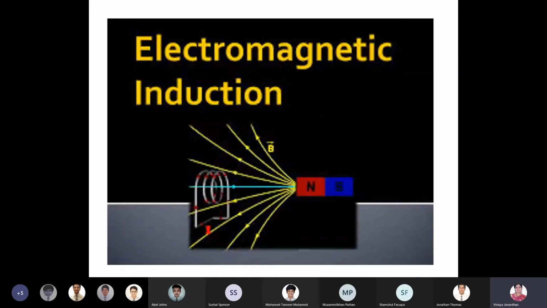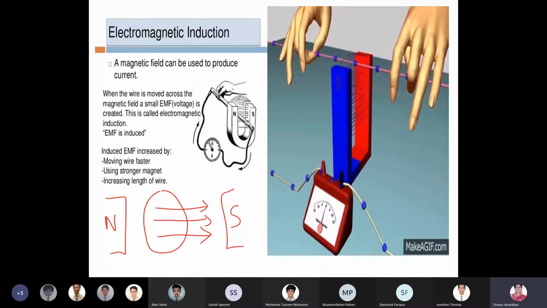In grade 10, you have learned about electromagnetic induction. Am I audible, boys? Yes, ma'am. Okay. Now, what is electromagnetic induction? Do understand this, boys. Suppose in case,